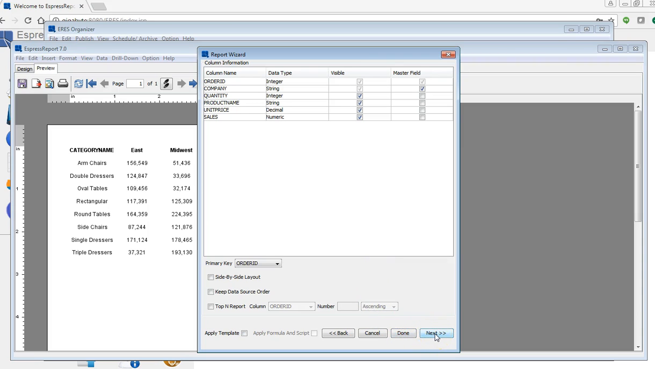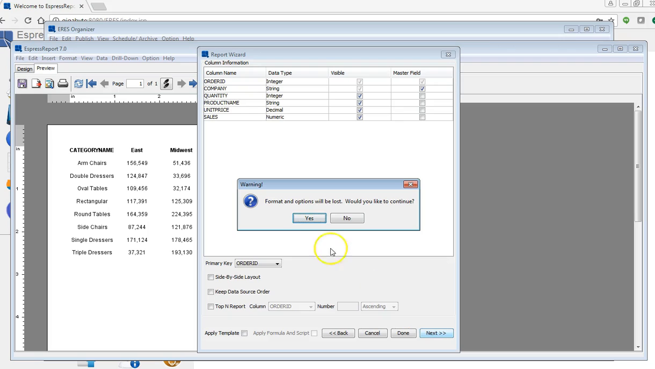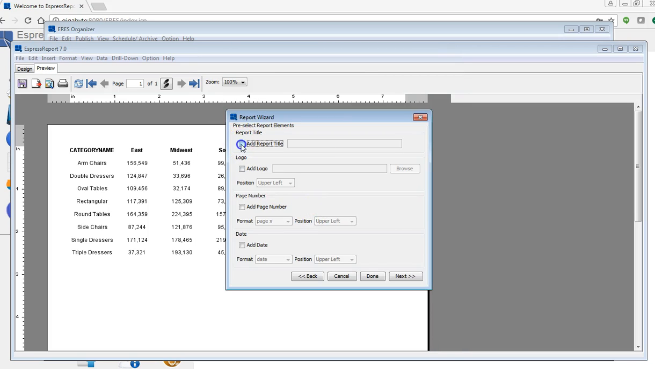So let's go ahead and click next and let's add a report title. So in this example, we're going to show you some of the default formats that we allow you to use. So let's go ahead and say this is the order details report,